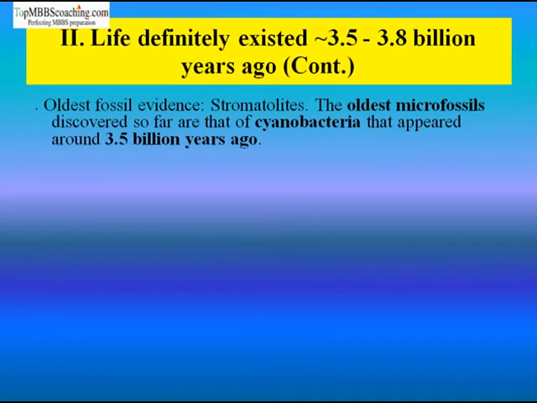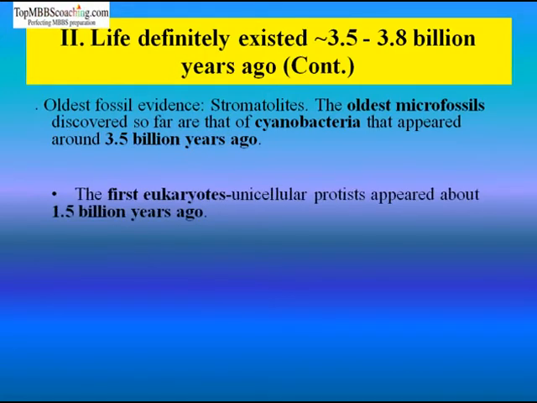Oldest fossil evidence is of stromatolites. The oldest microfossils discovered so far are that of cyanobacteria or blue-green algae that appeared around 3.5 billion years ago. The first eukaryotes or unicellular protists appeared about 1.5 billion years ago. That is Euglena,